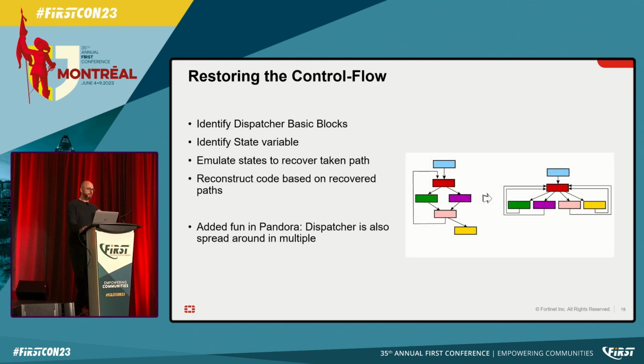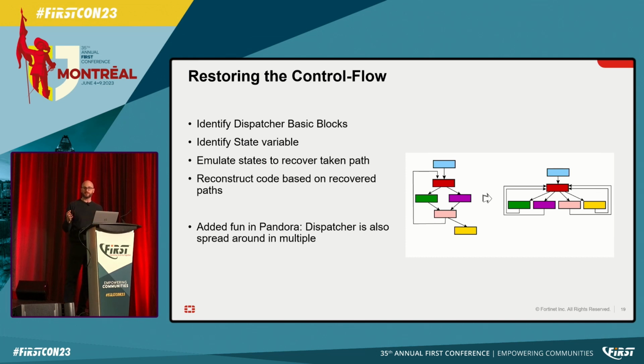Okay, so if we try to actually restore the control flow, this is the generic method of what to do. First we want to identify the dispatcher basic blocks, so basically the basic blocks that are responsible for managing the state of the function. Then we need to identify the original basic blocks. That's usually pretty simple because those are the long basic blocks, because that's where something actually happens. And usually they end in one basic block. So at the end there is always one basic block that's going to take the control flow back to the dispatcher blocks. And then you need to identify the state variable.